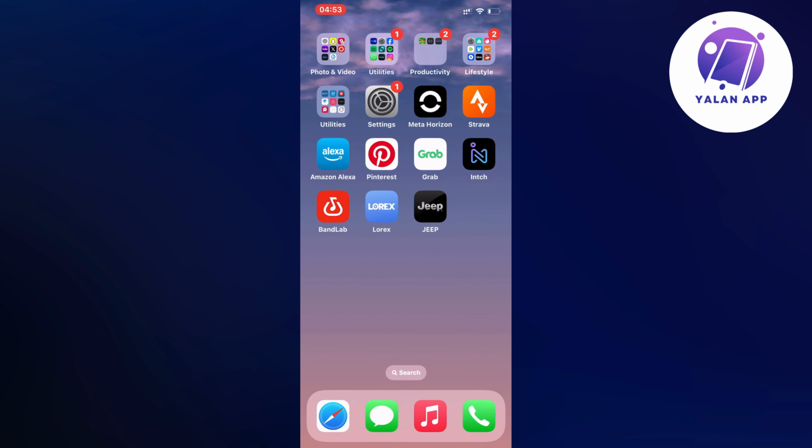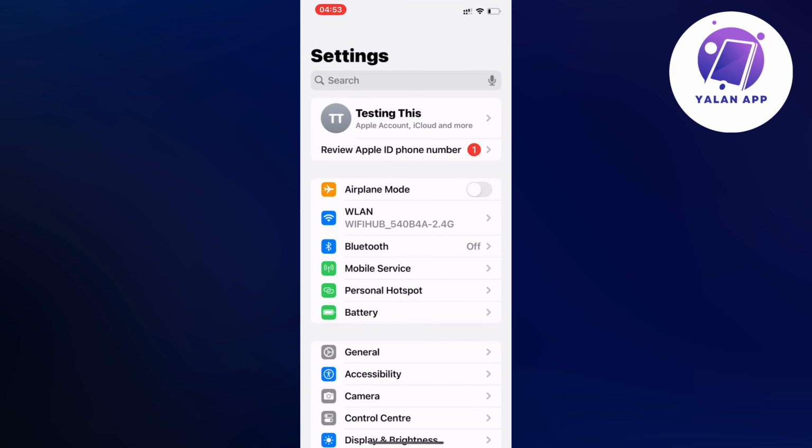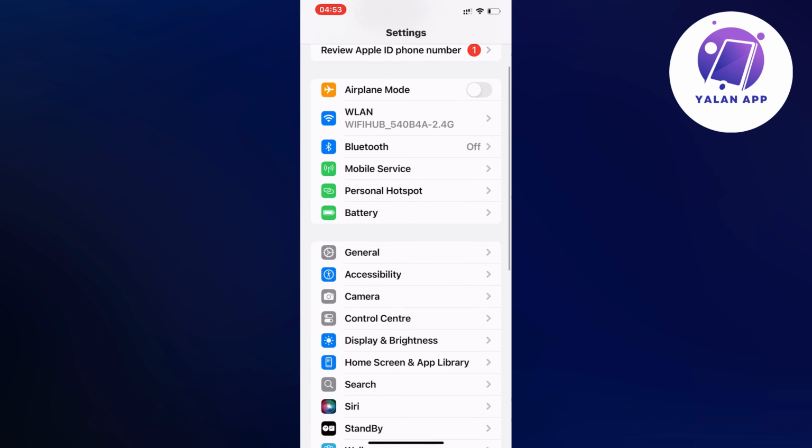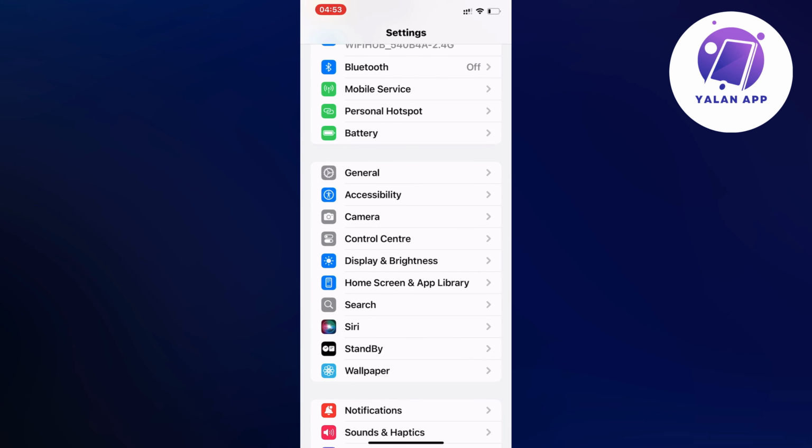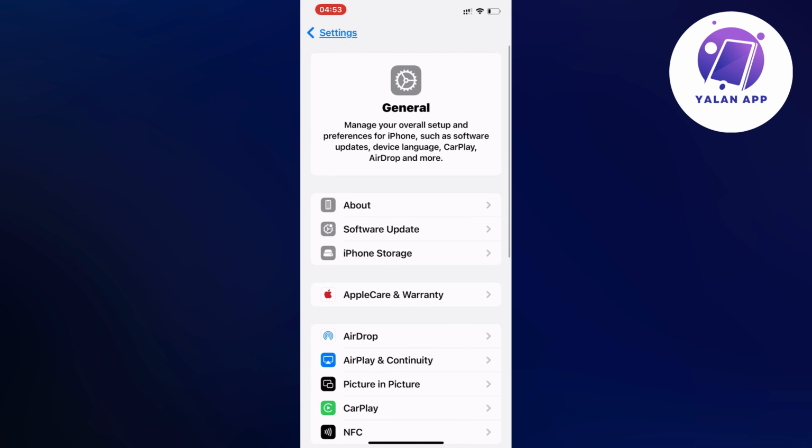So firstly, what I did myself is that I closed my Jeep app and instead I went into the settings app on my phone. And now on my settings app, then what I did in here is that I just scrolled down and then I clicked where it says general. So I clicked on general because as you can see, you should now be taken to this page right here,